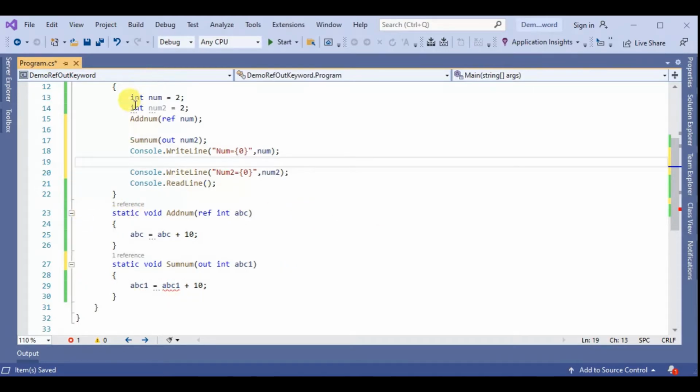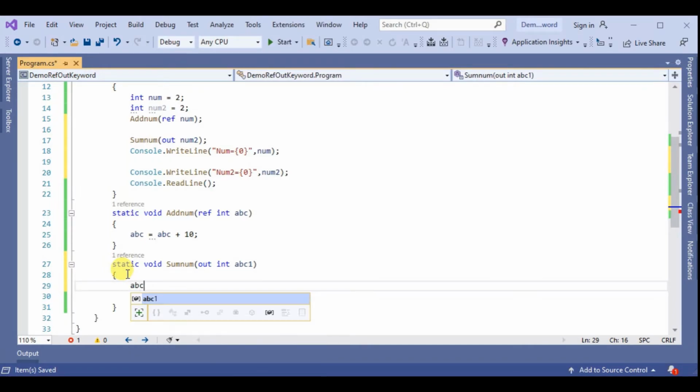Here we create one more integer variable, declare the SumNum method call, and print num2. We create a method with the body abc2, and inside the method abc1 equals abc1 plus 10. Here you can see the red line because the value abc1 equals 0 must be assigned.